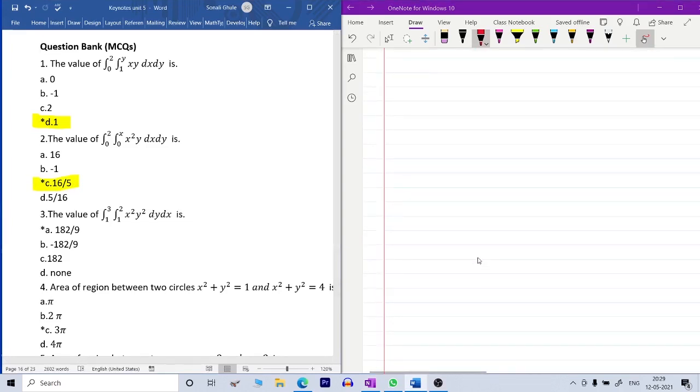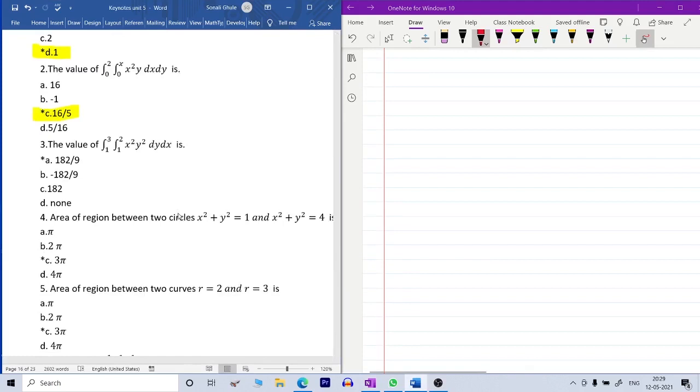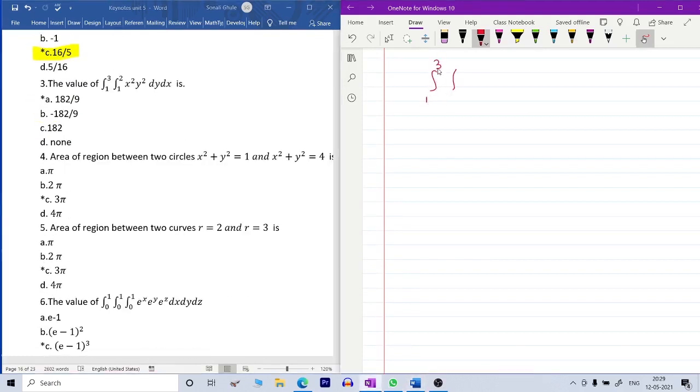Okay. Next example, that is our third example here. Double integration 1 to 3, 1 to 2, x square y square, dy dx. As you can see here, both the limits are constant, and when both limits are constant, you have to integrate in the given order. So first integration is with respect to y and second is with respect to x. So keeping x constant because the first integration is with respect to y. So 1 to 3, x square, integration of y is y cube upon 3, limit from 1 to 2, dx.